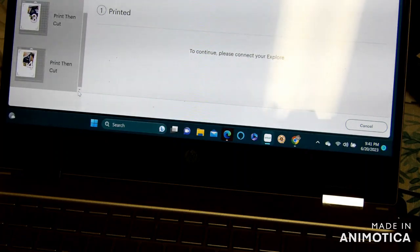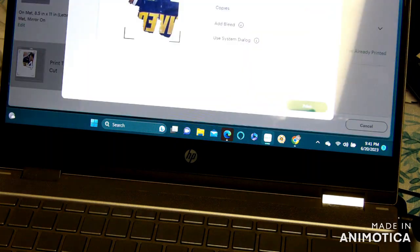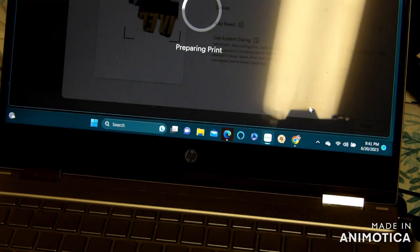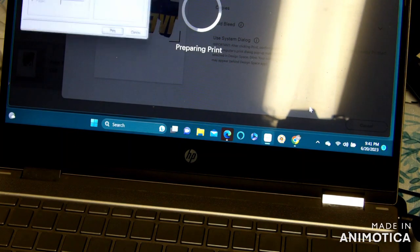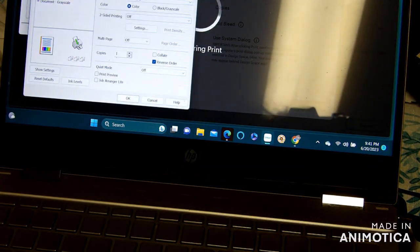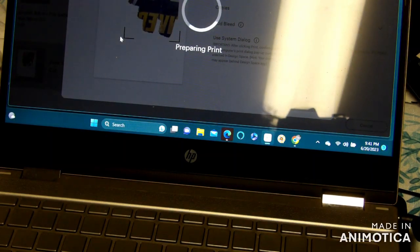The paper style is a presentation matte. Very bottom is for mine, premium presentation matte. And then I'm going to go to my print quality and I'm going to put it on high. Then I'm going to hit OK, and now I'm going to hit print. And that paper is going to go ahead and send to the printer with my system dialog settings,